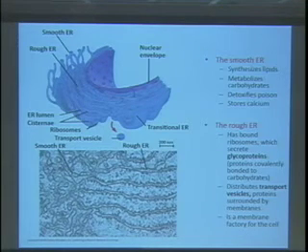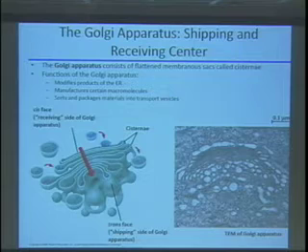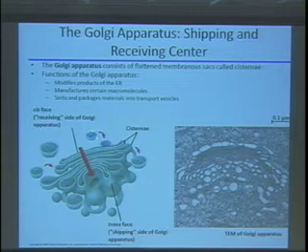It's also the membrane factory for the cell. It's where membrane is made. Okay, and so things move through the ER, and then eventually they get to the Golgi by means of these vesicles. So here's an example of a vesicle that's coming across, and the membrane is actually fusing with the membrane of the Golgi. And then the Golgi itself is a sort of a site for transporting and storing molecules in